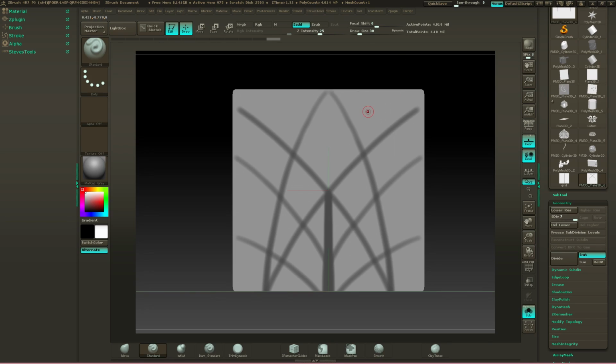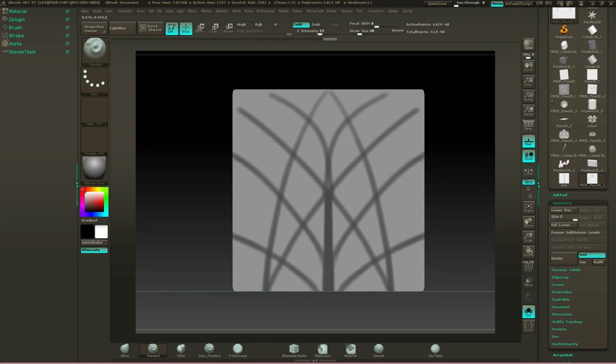Looks like we might have some other crossing detail. Just add in another one here. And this up a little bit. This one up a bit. And that works for me. So I'm gonna